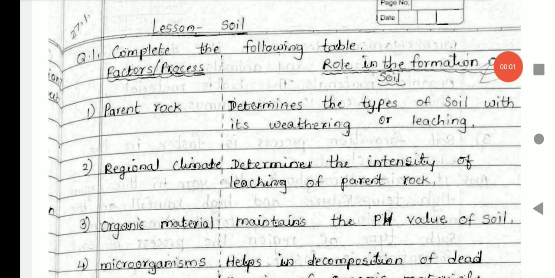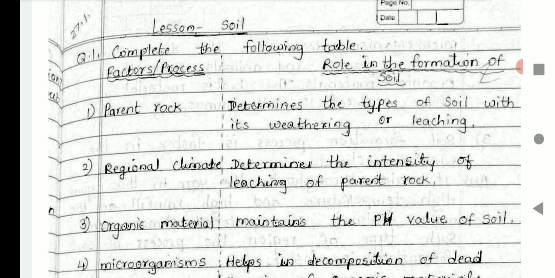हेलो स्टूडेंट्स ऑफ 7th स्टैंडर्ड ज्योग्राफी का लेसन सॉइल। अब हम देखेंगे उसके क्वेश्चन आंसर्स। क्वेश्चन फर्स्ट है कंप्लीट द फॉलोइंग टेबल। तो इसमें मैंने क्वेश्चन और आंसर्स दोनों मिक्स करके एक साथ दिया है ये टेबल। देखिए इसमें एक साइड है फैक्टर्स और प्रोसेस और सेकंड साइड है रोल इन द फॉर्मेशन ऑफ सॉइल। तो इसमें फर्स्ट दिया है पेरेंट रॉक। पेरेंट रॉक में रोल इन फॉर्मेशन ऑफ सॉइल में हम लिखेंगे: पेरेंट रॉक determines the type of soil